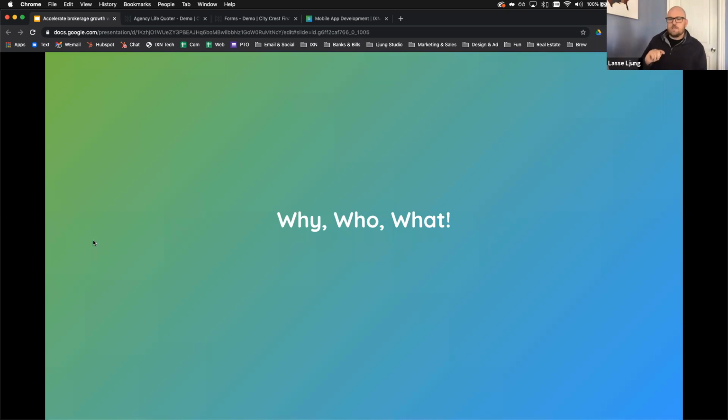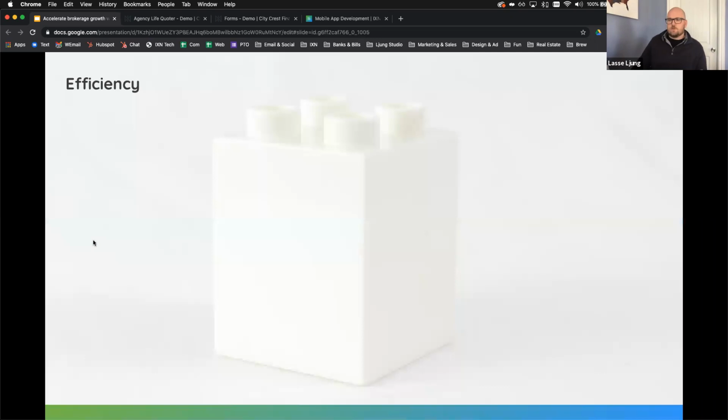So there are really three buzzwords that come to mind when we're talking about why IXM. The first of those buzzwords is efficiency. I don't know if you can see this, it's a little bit white on white, but I've got a Lego block here in front of you. And the reason I showed this when it comes to efficiency is